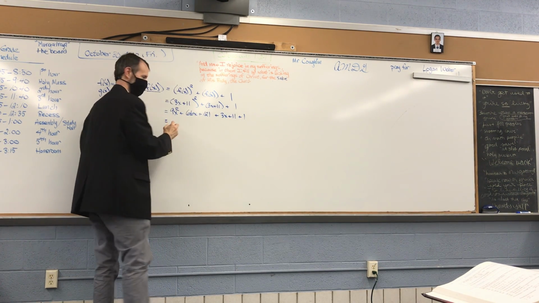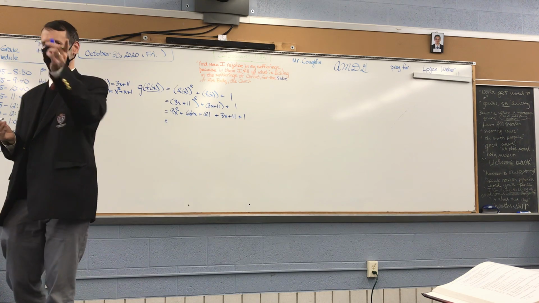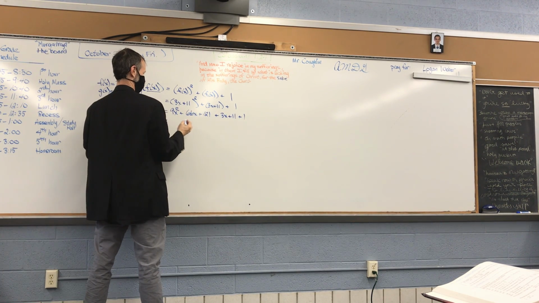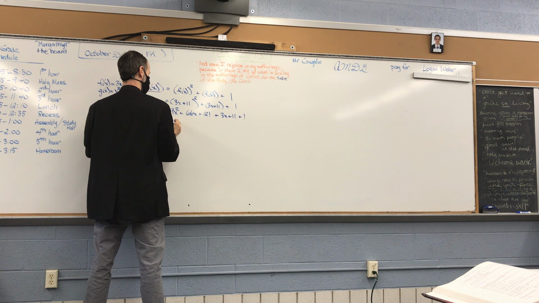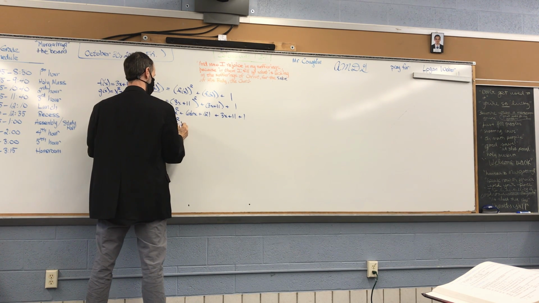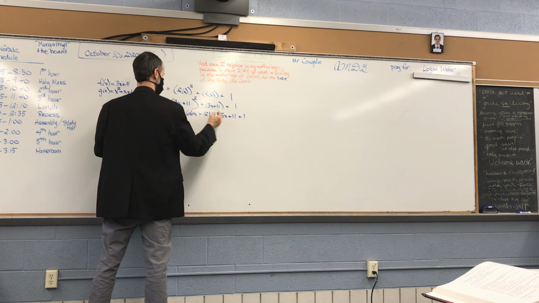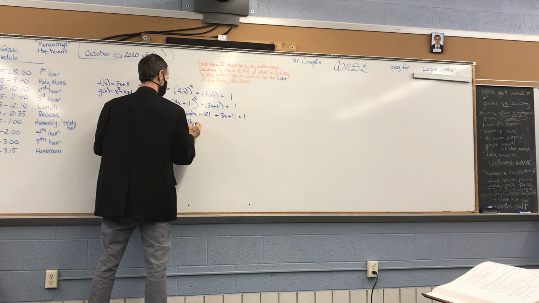Can somebody gather up the like terms for me? Good. Some of them don't have like terms. 9x squared, and then 69x. Good. 69x plus